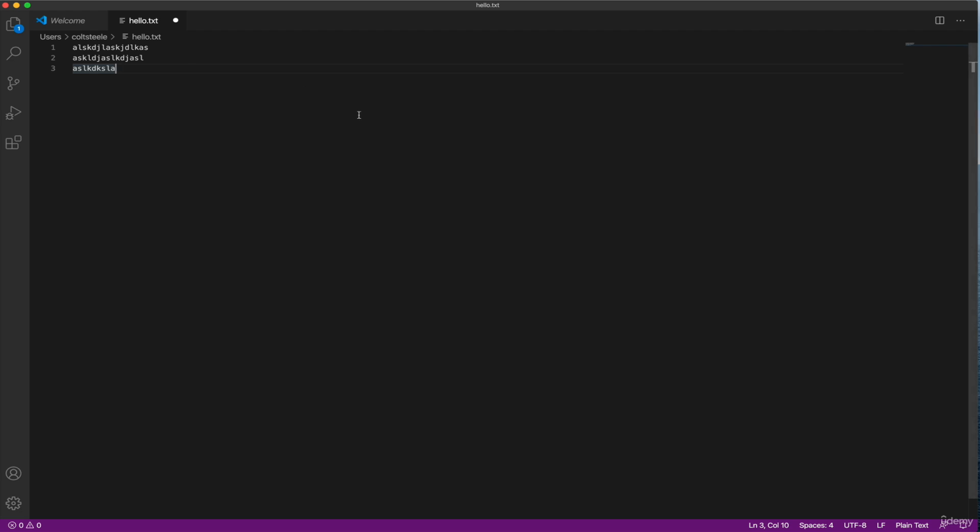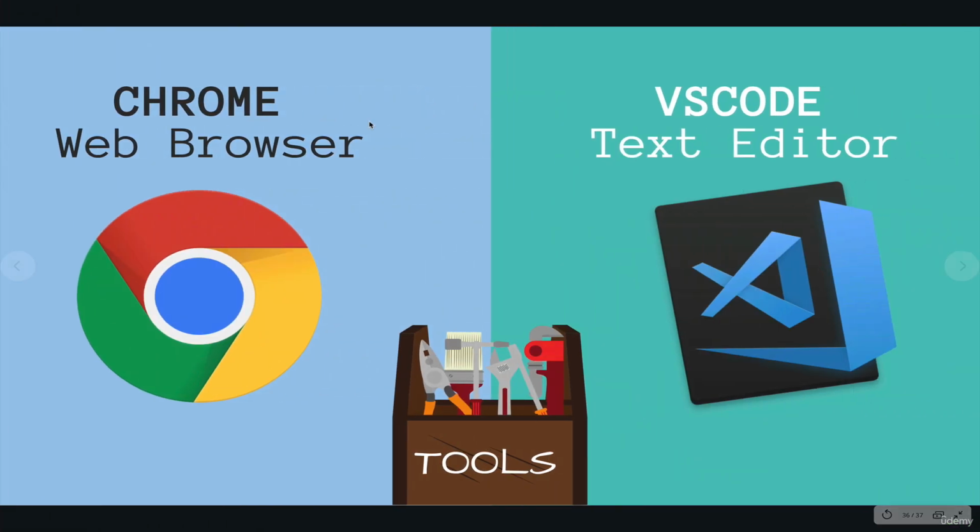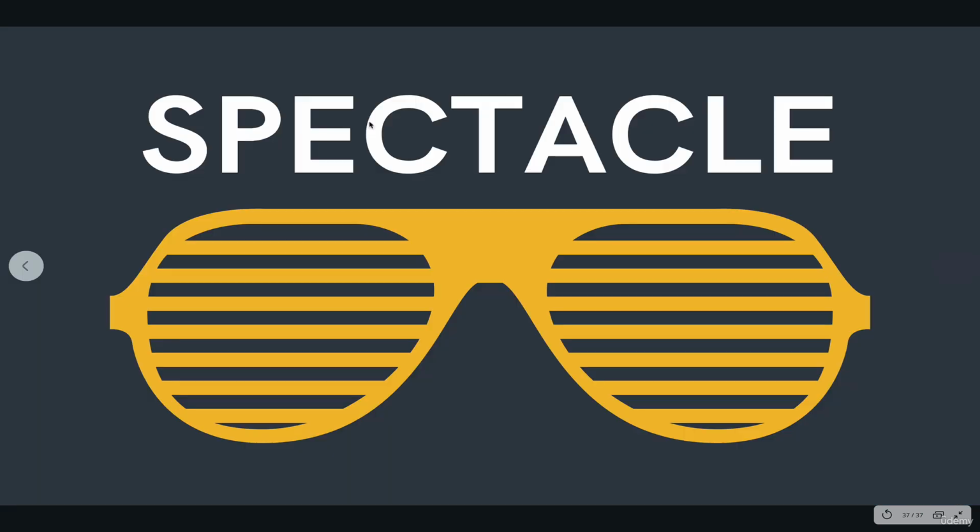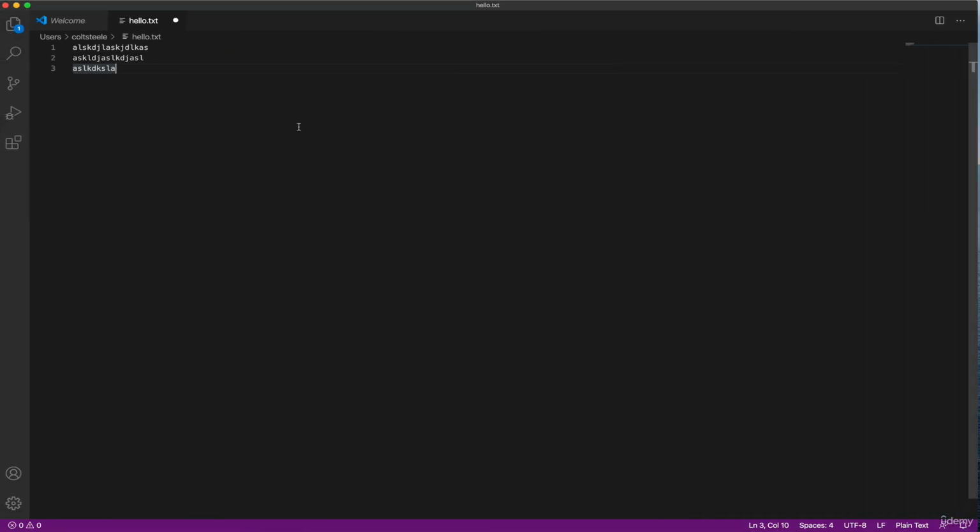One last tool that I recommend, but definitely is not mandatory, is something called Spectacle. Now, this is mainly if you're on a Mac. Well, specifically, Spectacle only works on Macs. It doesn't exist on Windows machines. But on Windows machines, I don't think you even need to install something for this feature. What Spectacle does is it helps me rearrange windows. So if I wanted to split the screen, which I do frequently, I want my text editor to take up